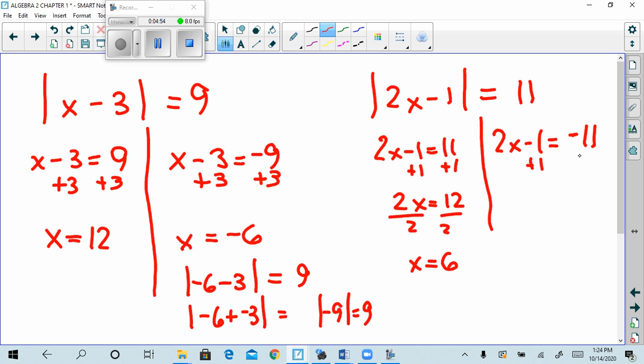I'll add 1 to both sides. 2x is equal to negative 10. And I'll divide by 2. x equals negative 5. So you see that we're using what we know about solving equations to apply that now to